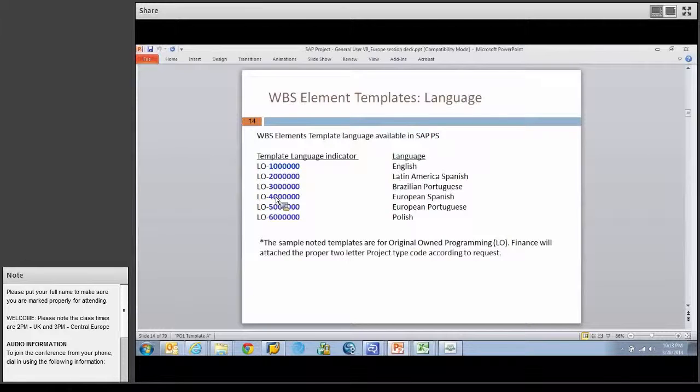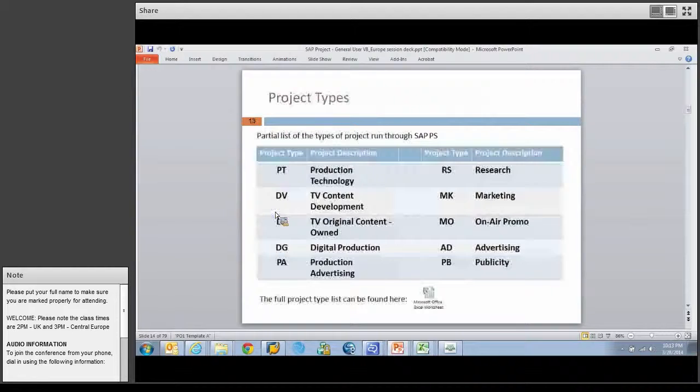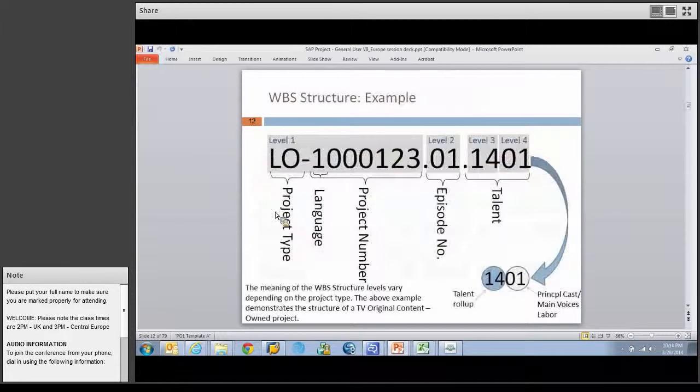Going back to slide 12, the first 2 letters, which is the project type, will also trigger what kind of codes are going to be attached to your project. Each project will have a different set of WBS Level 4, aka minor codes, because each department is different, and we're going to look at that later. There's a lot of different project types to choose from in the SAP system. LO is original programming,